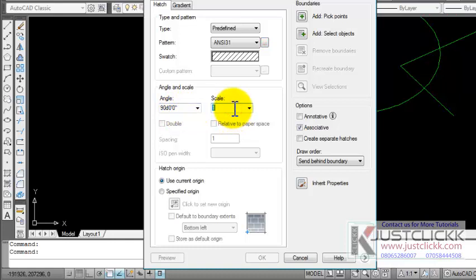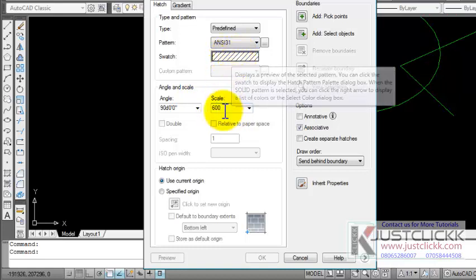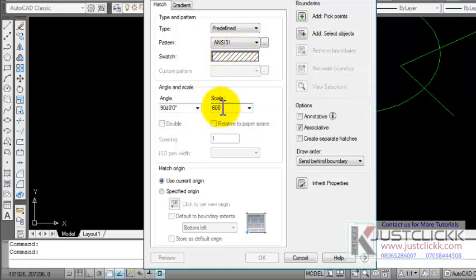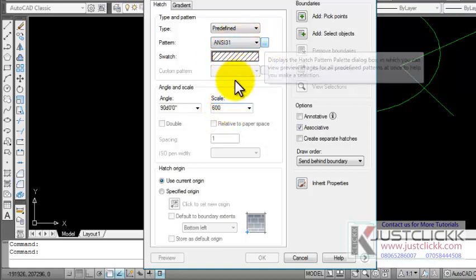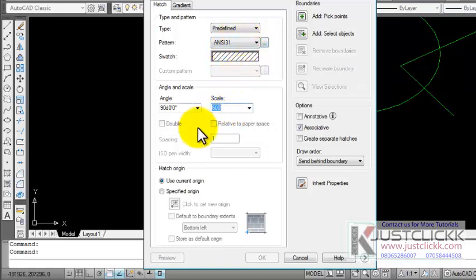So the scale should be something that goes up to 600, and it's not constant, depending on how large or small you want the patterns to be. Sometimes you just try out and see if it works fine, then it's good to go. Otherwise you come back here and edit. So once you choose the pattern, you change the scale, and sometimes you change the angle, you click pick